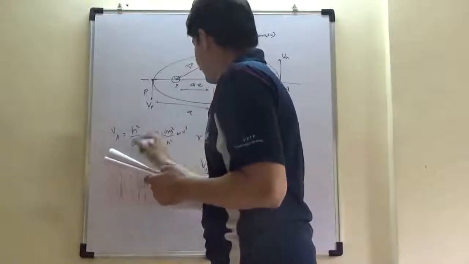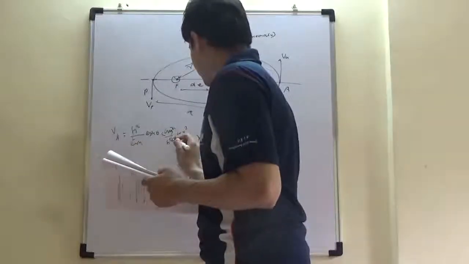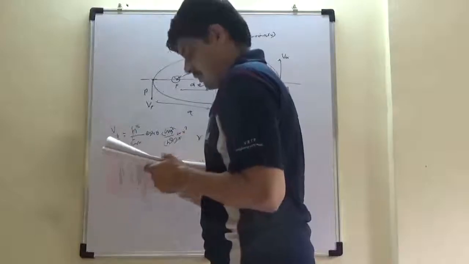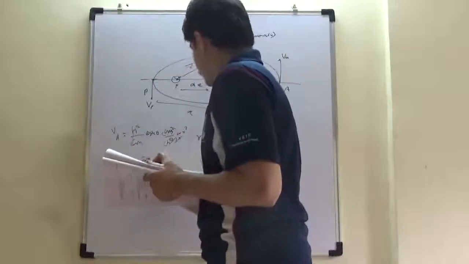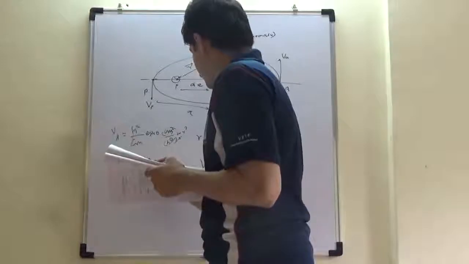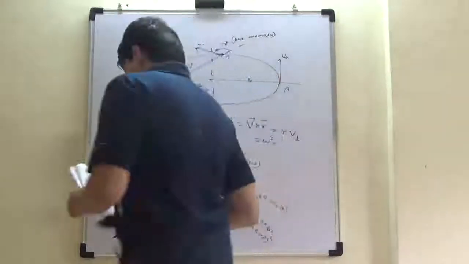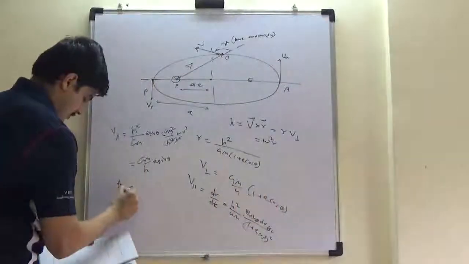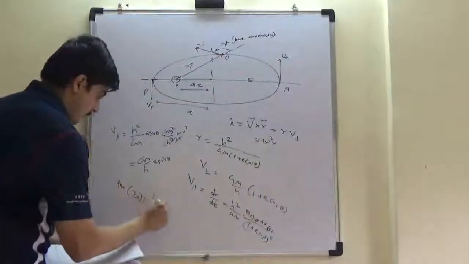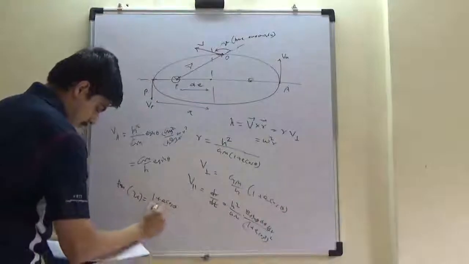So V parallel, after cancelling this, gives you gm upon h e sin theta, and then the tan of mu is 1 plus e cos theta upon e